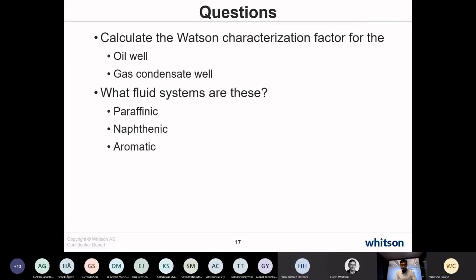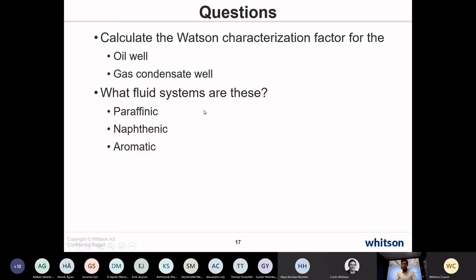Okay. So now this next thing is an exercise, and what we are gonna do is calculate the Watson characterization factor for the oil PVT report that we have. So for the oil sample and the gas condensate sample, and try to guess whether the fluid type is aromatic, naphthenic, or paraffinic. So that's an exercise we are gonna do, and I think this exercise on the flash calculation